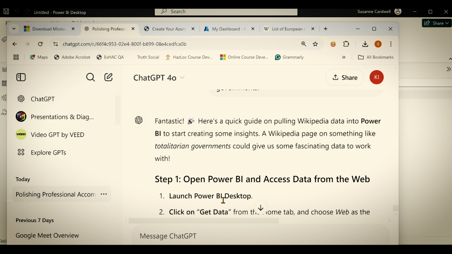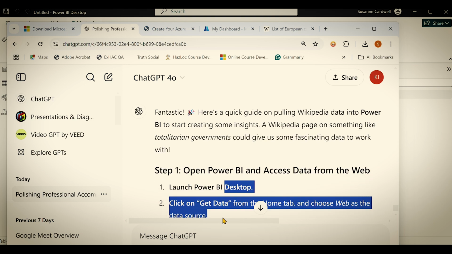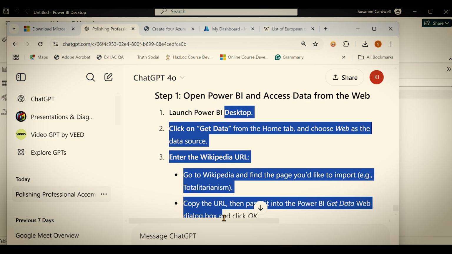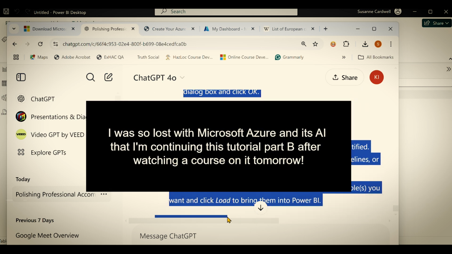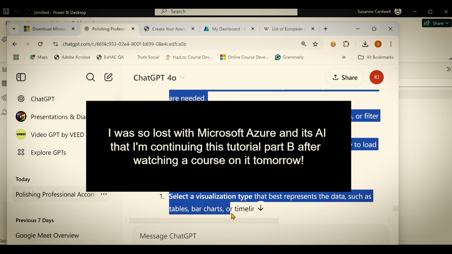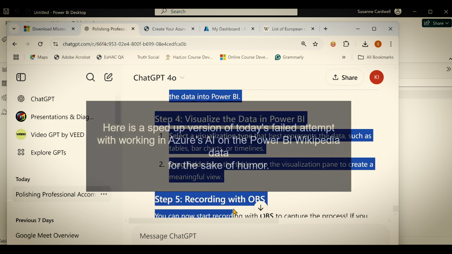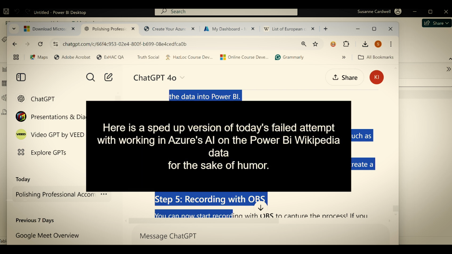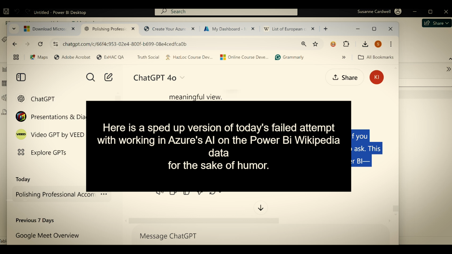Okay, let's see what Lumen said. Click on get data. Select, so we did all that. Oh, we didn't clean up anything. Visualize, okay, so now we're going to visualize the data. Record with OBS. It knows I want to do a live stream recording, but that's not what we're